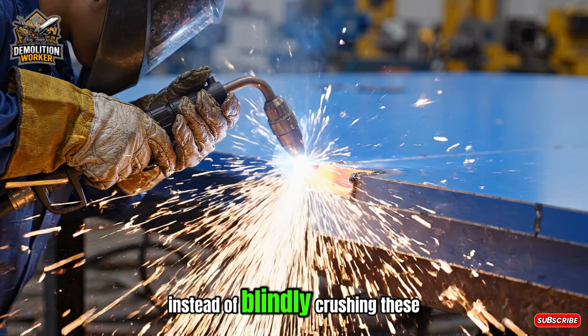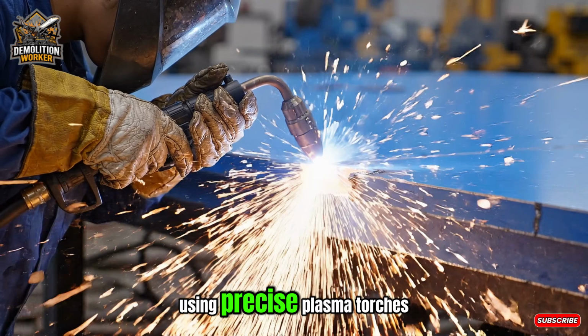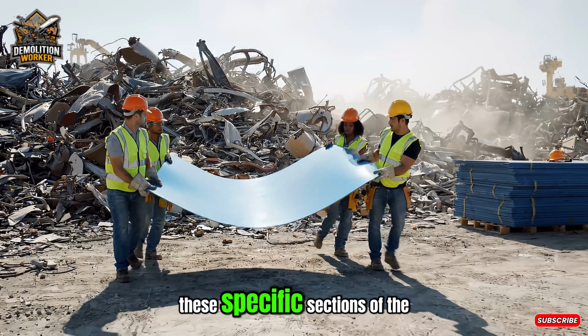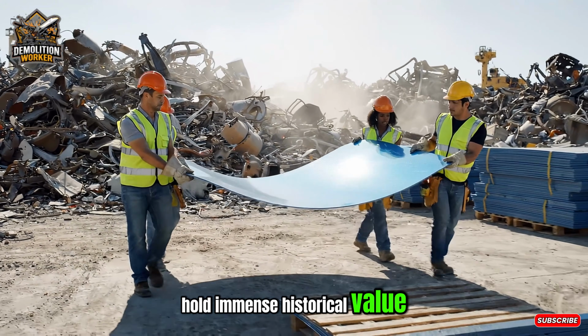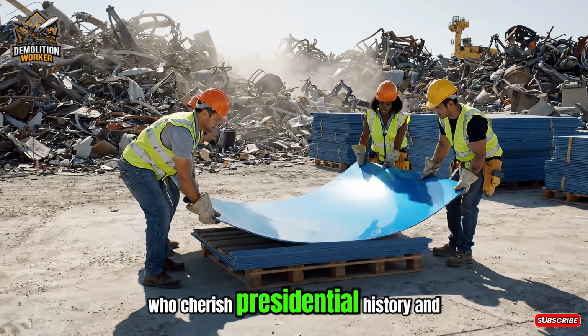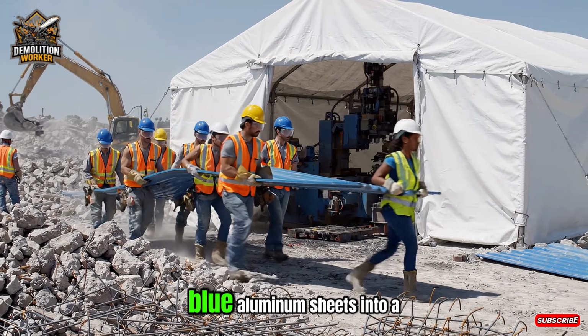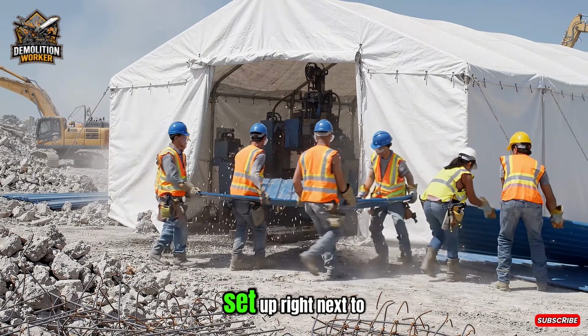Instead of blindly crushing these blue panels, we carefully cut them out using precise plasma torches to preserve the original paint. These specific sections of the fuselage hold immense historical value for aviation enthusiasts and collectors who cherish presidential history and artifacts. Our workers carry the large blue aluminum sheets into a specialized cutting tent set up right next to